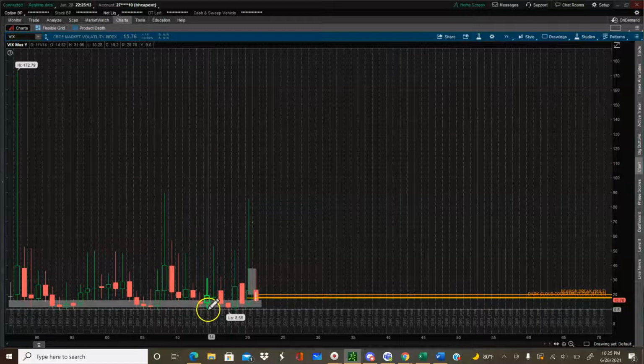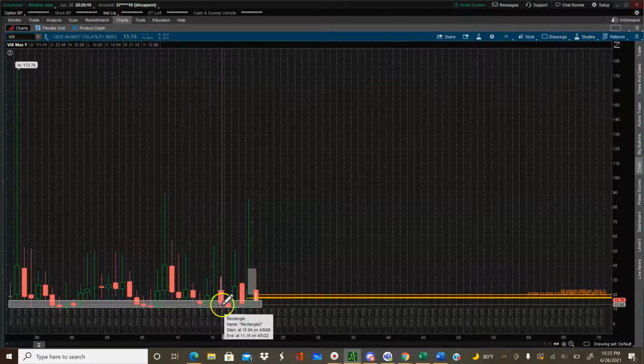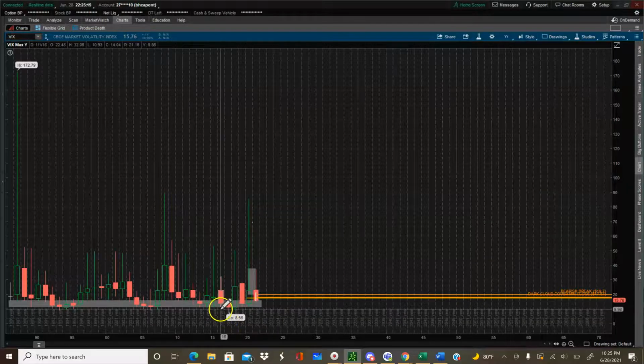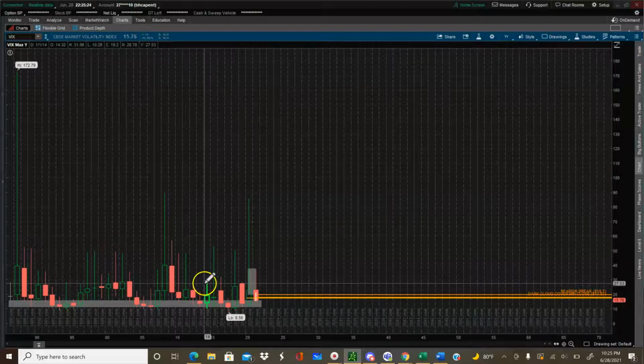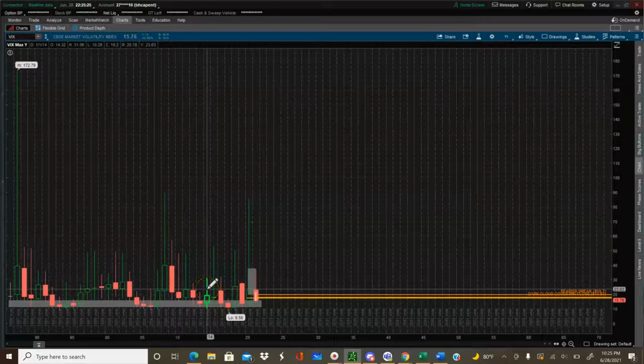So the downside is, to keep the numbers simple, about 16 to $11. And then as far as the upside is concerned, another key area I would say is slightly above 20, so about the low $20 range, is pretty significant as well. And as you can see,